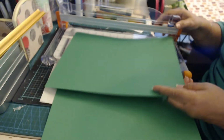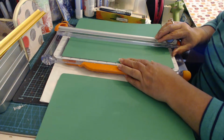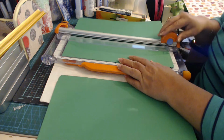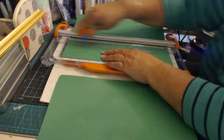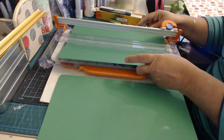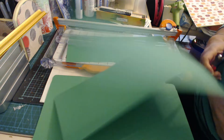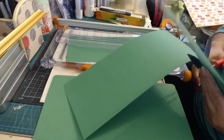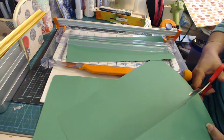I've got some manila folders here. They're green, don't worry about the colour. But I'm just going to cut them up into 4 by 8 inch. There's the 4. Right, I'm just going to cut this a little bit more, just at the end here. There we go. So that's 4